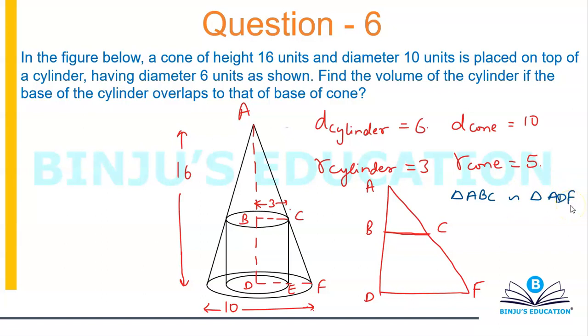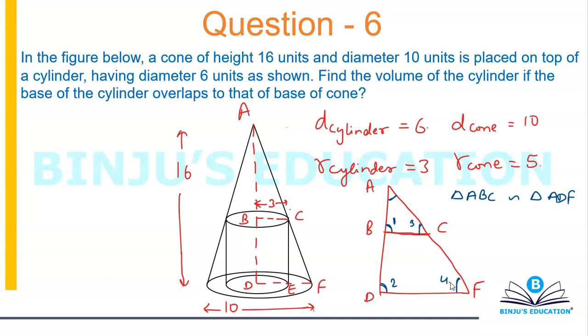Triangle ABC would be similar to triangle ADF for the fact that angle A is common. This angle ABC, let me name this as 1, will be equal to ADF, let me name this as 2. And angle ACB, let me name this as 3, will be equal to angle AFD, which is equal to 4. And of course, angle ABC is 90 and ADF is also 90, so those two have to be equal. These are like right figures. And whenever you talk about right figures, I told you that angle between the two dimensions is always equal to 90 degrees.